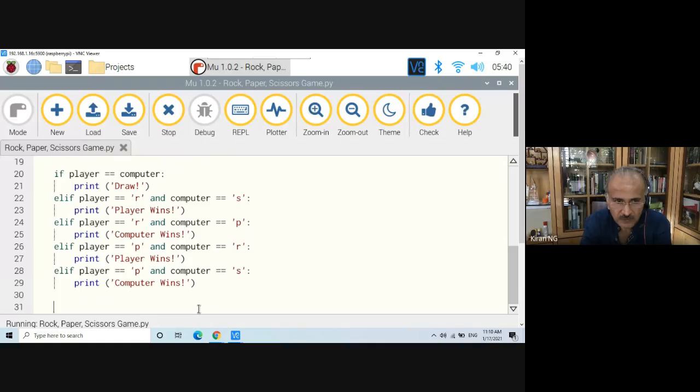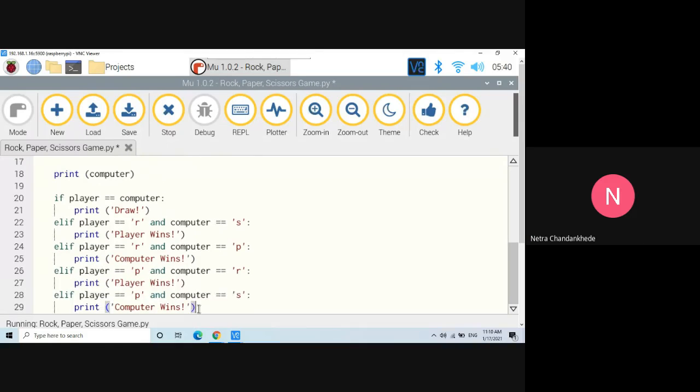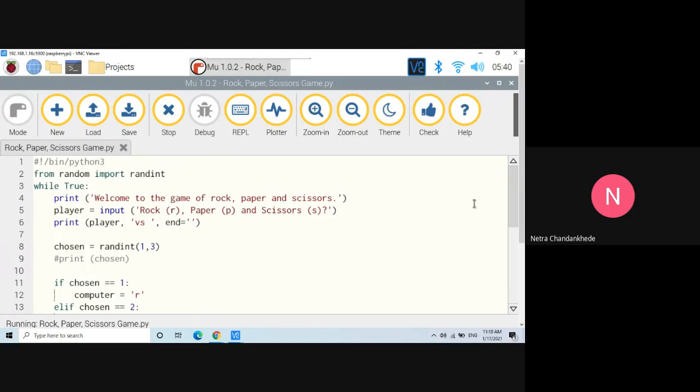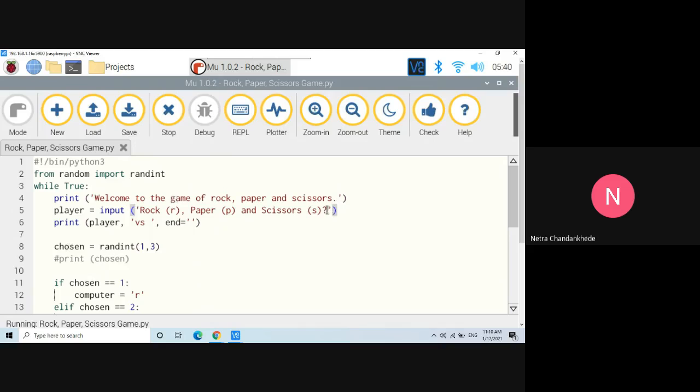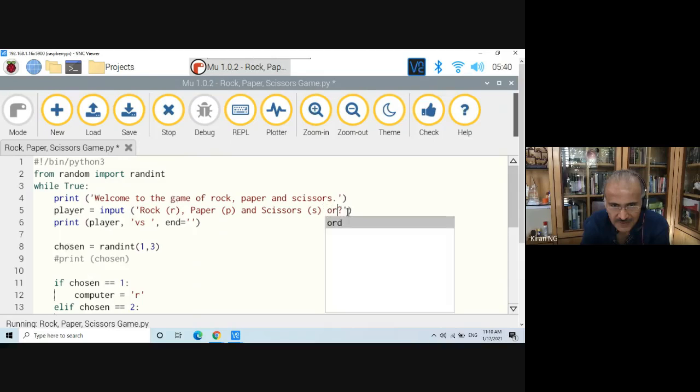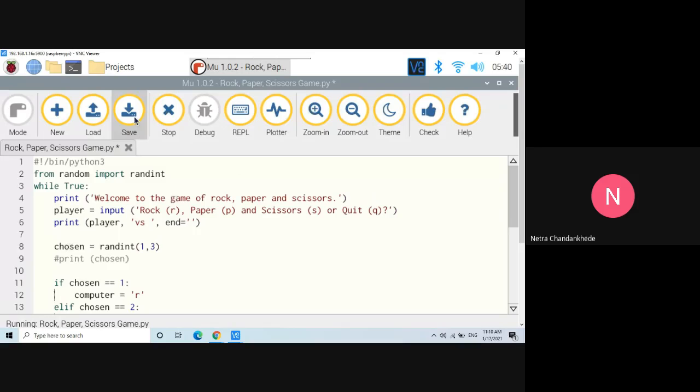You just go to the top. There was an input statement, no? Yes, sir. So here, input rock, paper, scissor. Then one more option, Q for quit. Okay, so can I place it after this itself? Yeah, yeah. Quit within bracket Q. Yeah. We need to add an if statement that says if the input equals q, then after that.